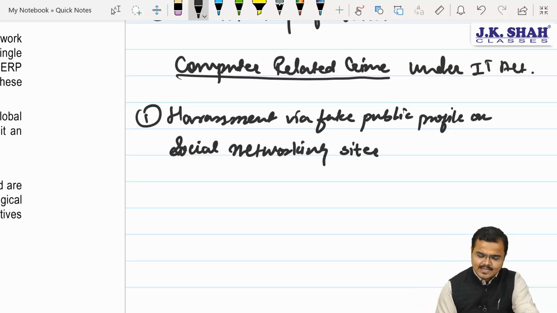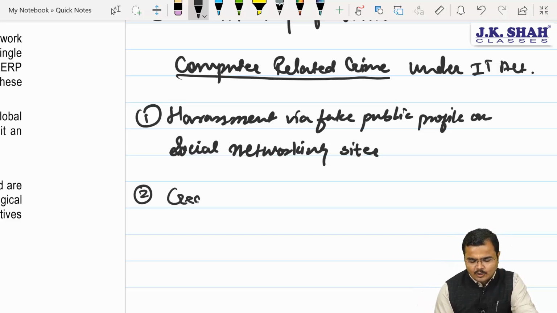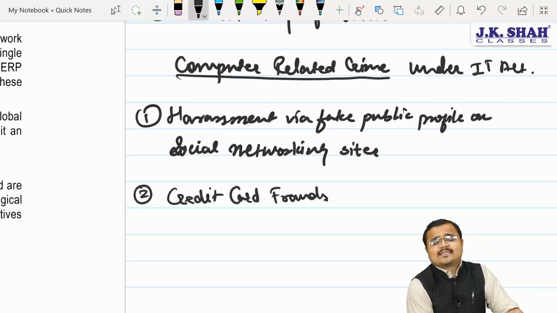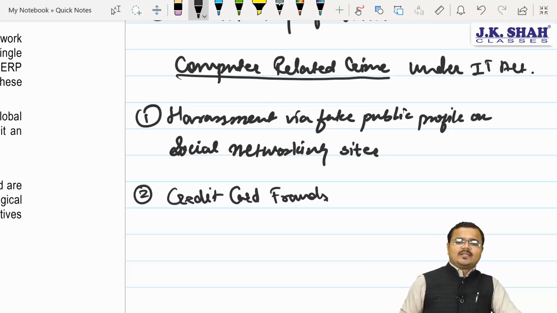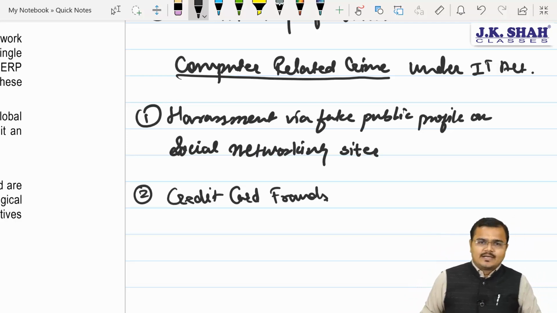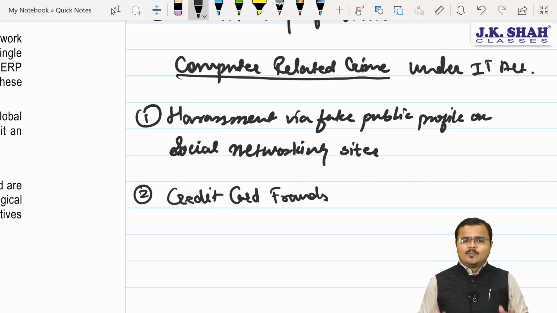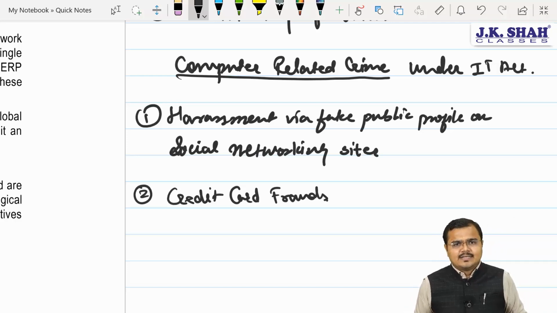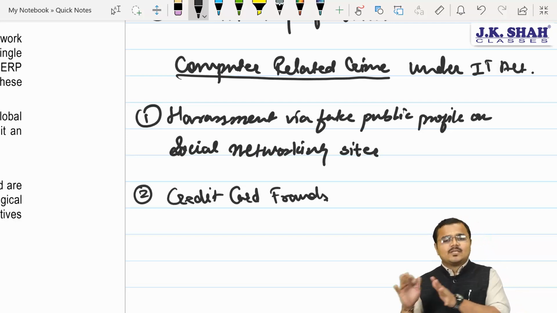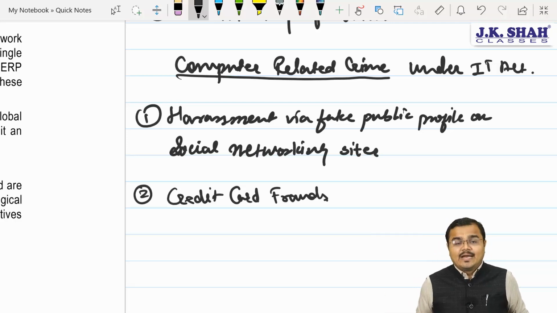Understood? Yes sir. Second, chartered, we know credit card fraud. Yes or no? Yes sir, credit card frauds are there. Now, when I am talking about credit card frauds, what does it exactly mean? N number of times, they try to take over your credit card details from you. Generally they make fake purchases from your credit card. They collect the credit card details and then misuse them, maybe for any anti-social requirement also.